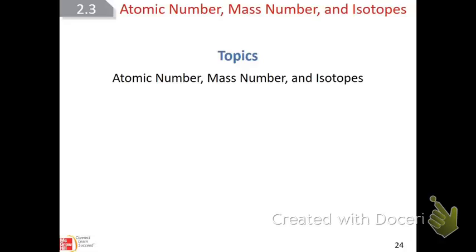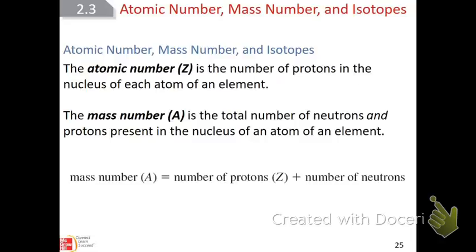So let's start with atomic number, mass number, and isotopes. Let's go there. We're going to start with atomic number, and atomic number simply tells you the number of protons, and that's extremely important because it's the number of protons that are in an element that determine what the element is. For example,